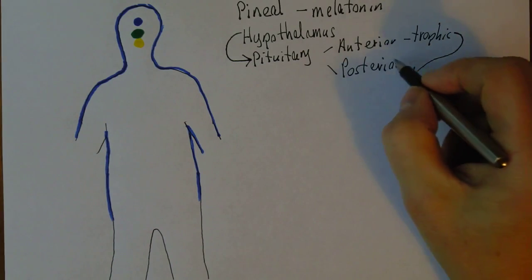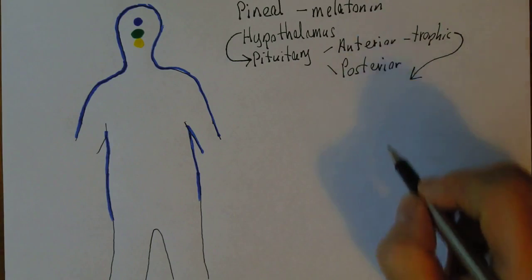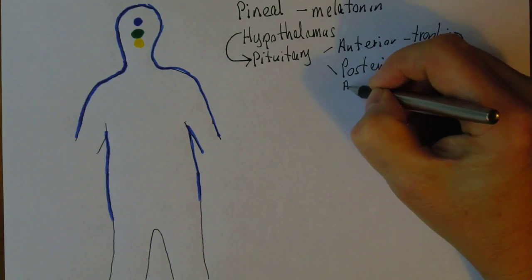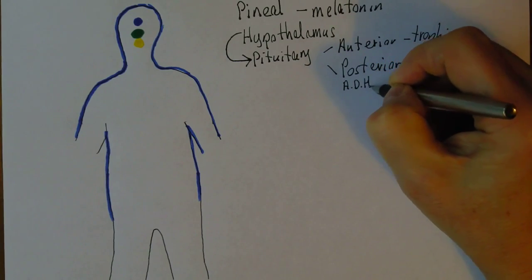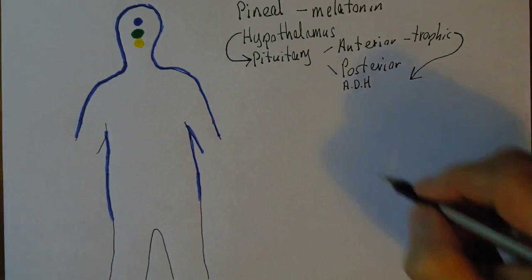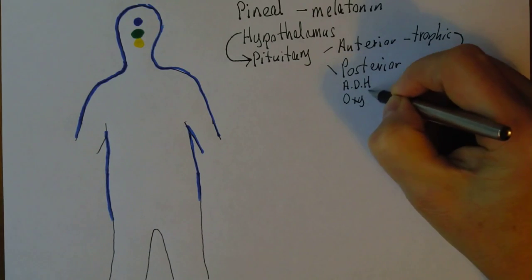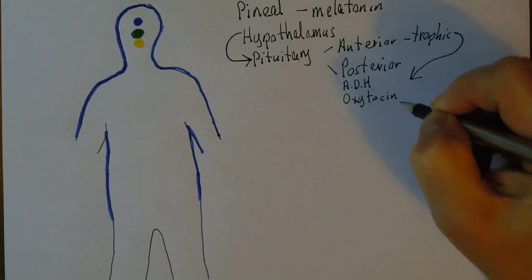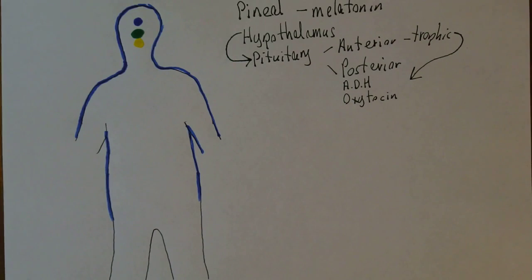The posterior lobe is actually made of neurological tissue, and that produces antidiuretic hormone. And it also produces oxytocin, which is important in childbirth and lactation. So, three interesting structures in the head. Going down to the neck,